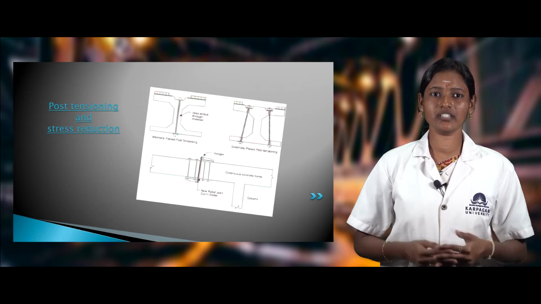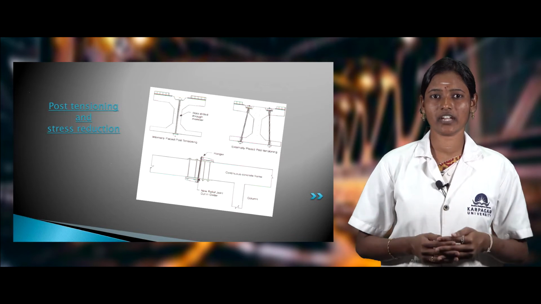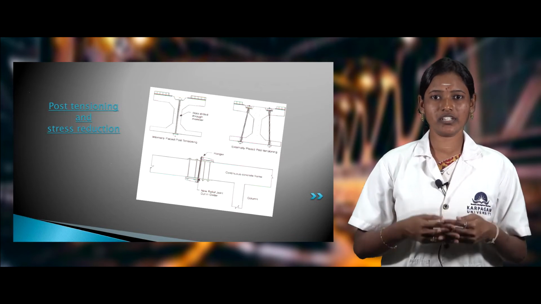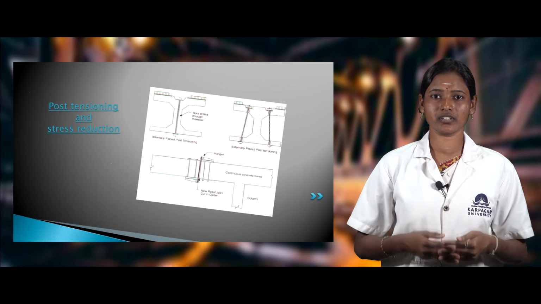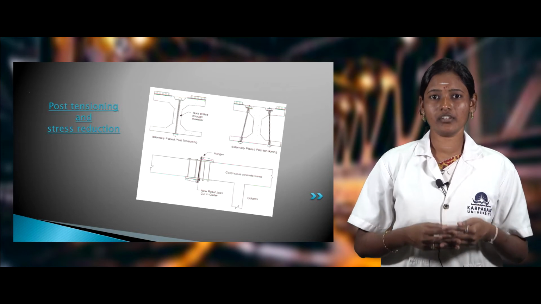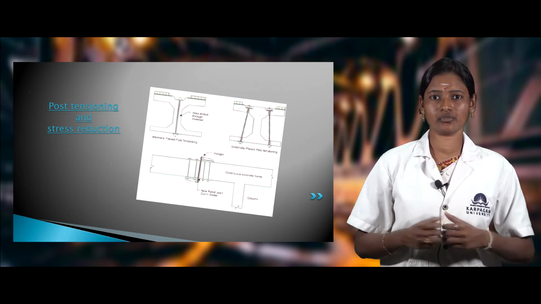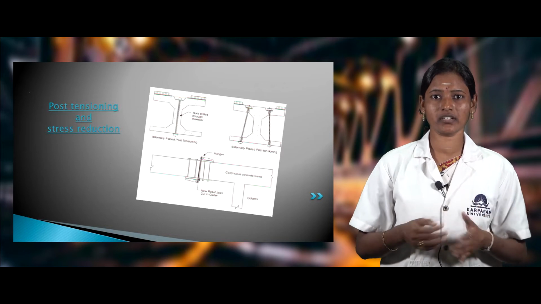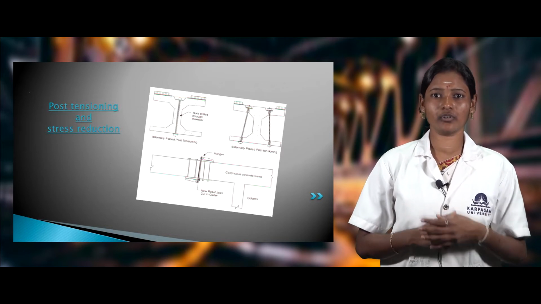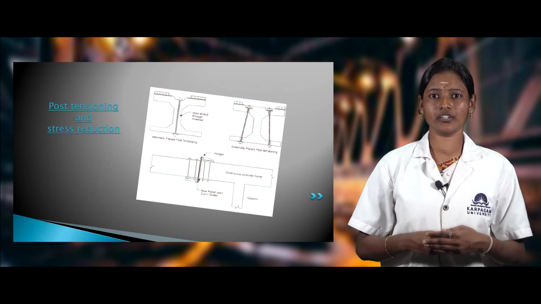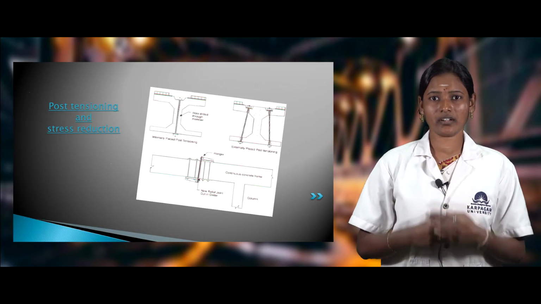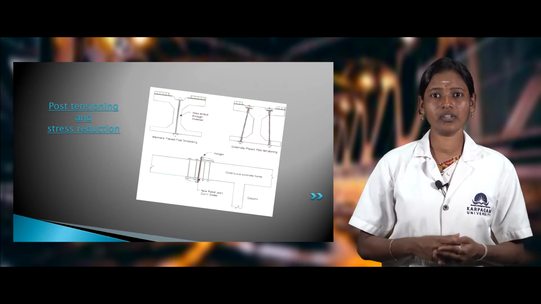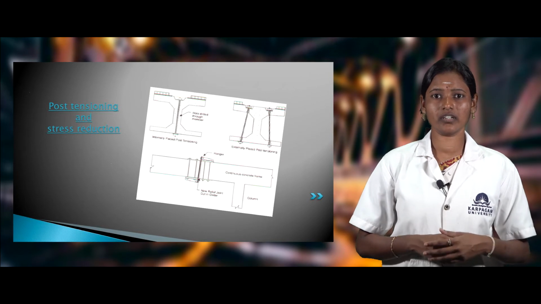Next strengthening technique is post tensioning. This post tensioning is carried out in order to reduce the steel stress that is acting in the structure. This can be done by using steel wires or steel tendons that are post tensioned and placed at a required position in the beam or column. So this can eliminate the additional load that is acting in the structure, and it distributes the load evenly to the existing or the related column.